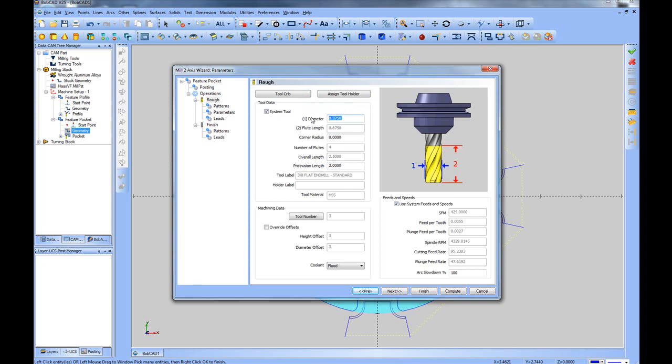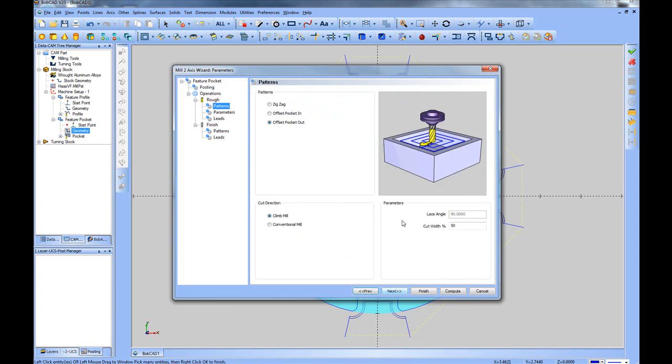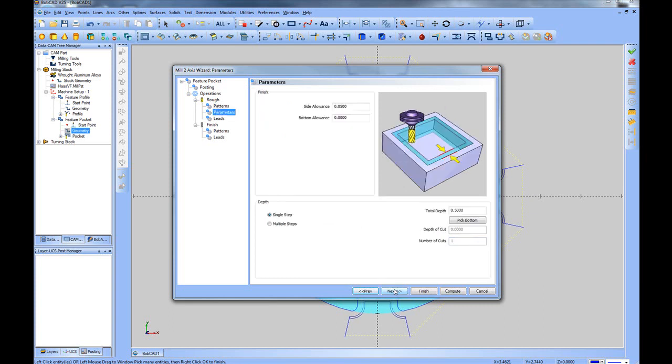Now let's go ahead and change this to our 1/4 inch tool. We'll place 0.25 for the diameter. Choose Next. We can choose to zigzag cut, offset from the outside in, or offset from the inside out. We'll choose that. We'll climb mill, and we'll do a 45% step over with the tool. We'll choose Next. Our side allowance will leave 50 thousandths for a finish pass to come back and clean up